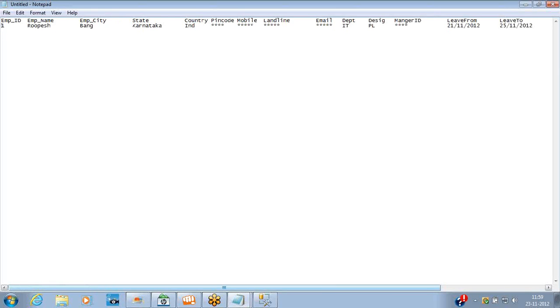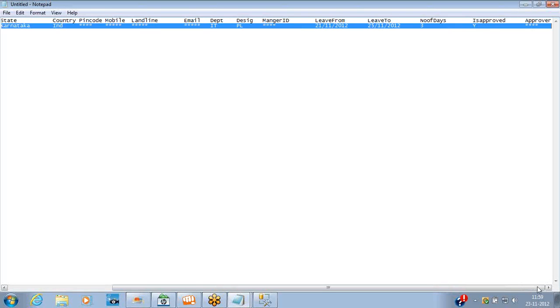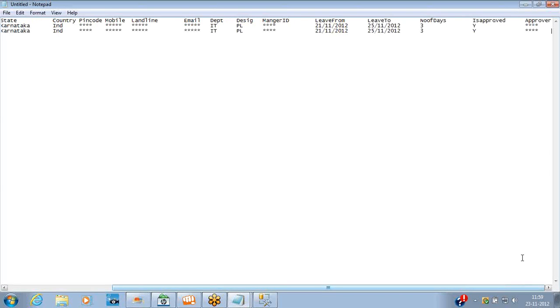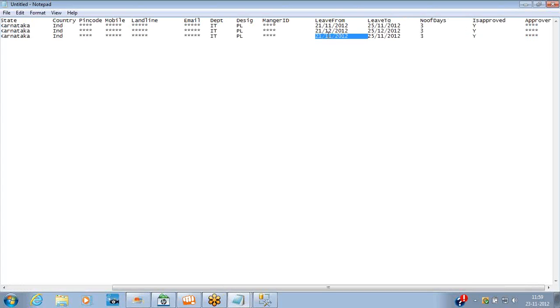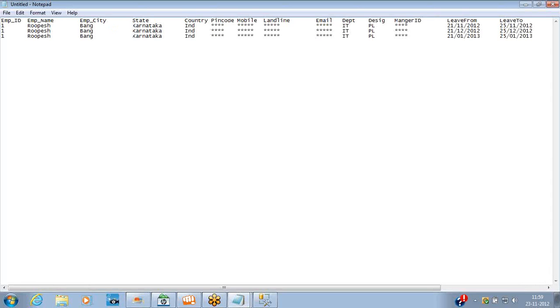Now Rupesh again applied for leave on different dates, 21/12 to 25/12. So Rupesh applied for leave one more time, and again he applied for leave in 01/2013. Let's say here it is 4 days, with only one weekend, and here 5 days. If you are capturing the data in this fashion,